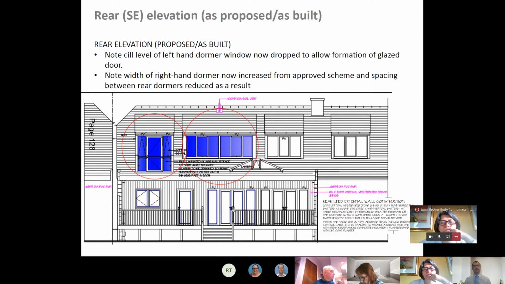Obviously, on the floor below, we have a new extension as well, so the original rear elevation of the property is largely obscured. So the degree to which that's significant is perhaps reduced as a result. And lastly, design and scale of any new dormer should take account of the design and scale of existing dormers. So what I was mentioning before was that this existing dormer seemed to be the starting point for the original